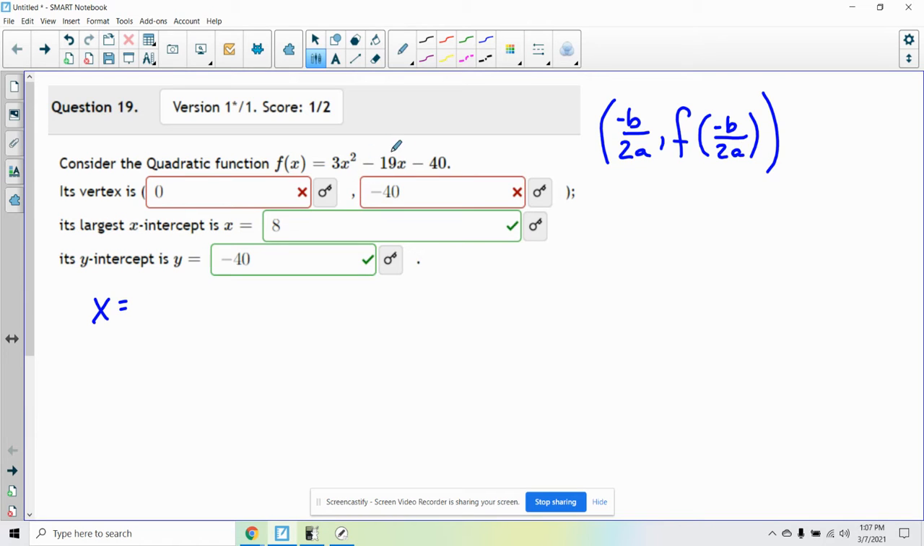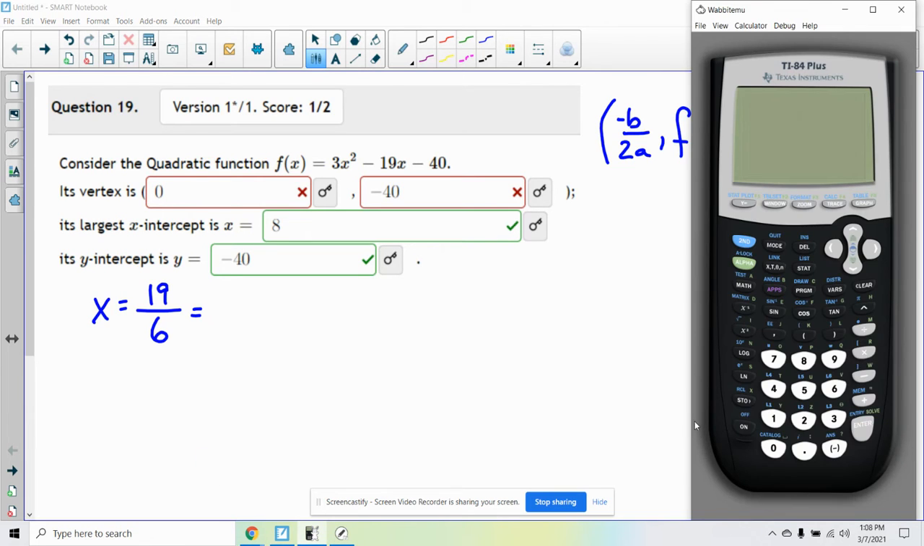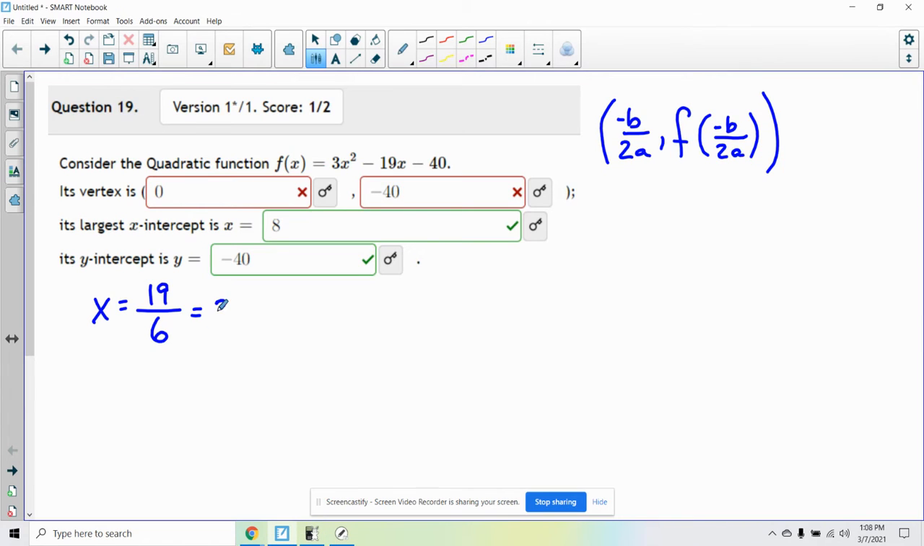negative b. If b is already negative, it's going to become positive. So this is positive 19 over 2 times a, 2 times 3, which is 6. So the x coordinate of my vertex is 19 divided by 6, or 3.166 repeating. So let's do 3.1666. And then if I want to find the y coordinate, I have to plug that value back into the